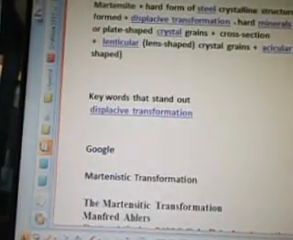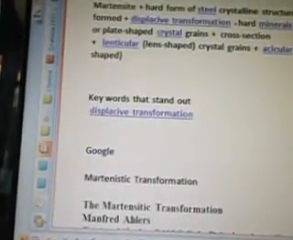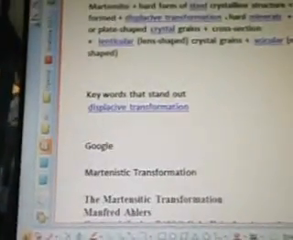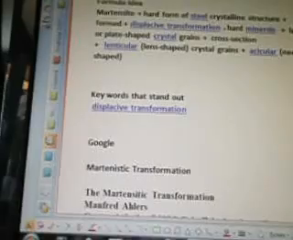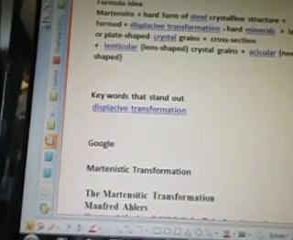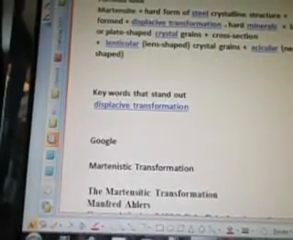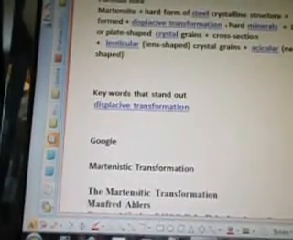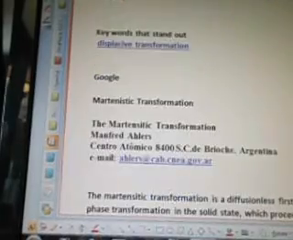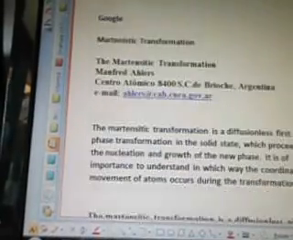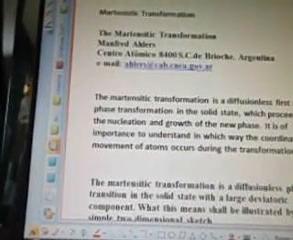The formula ideas are based on the keywords: martensite plus hard form of steel crystalline structure plus form plus displacive transformation plus hard minerals plus lath or plate-shaped crystal grains plus cross-section plus lenticular lens-shaped crystal grains plus acicular, needle-shaped. Keywords that stand out: displacive transformation. Google martensitic